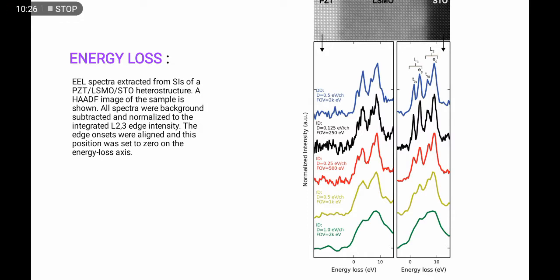The spectrum extracted from the PGT shows distinctly different Ti fine structure, with relative weight of the T features strongly reduced compared to STO. For the ID sensor operated at 1.0 electron volt channel dispersion, equivalent FOV to the DD sensor at 0.5 electron volt channel, splitting of the L3 and L2 edges is barely resolved, and splitting of the E and T transitions is entirely absent in the figure.